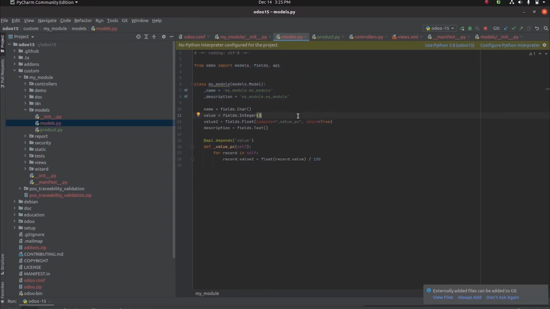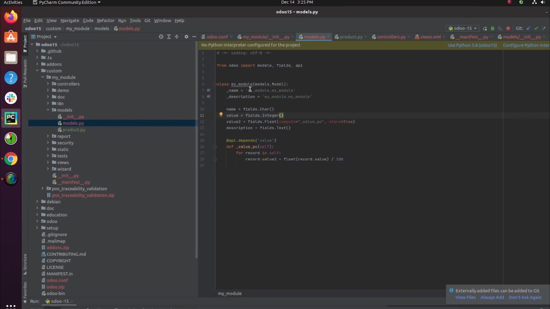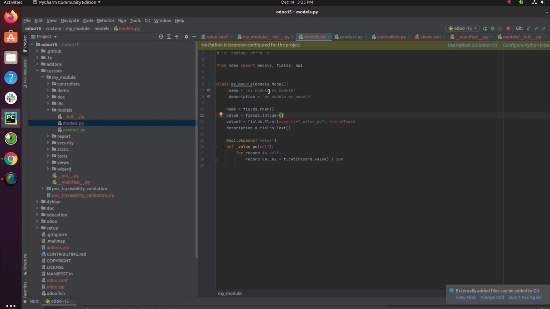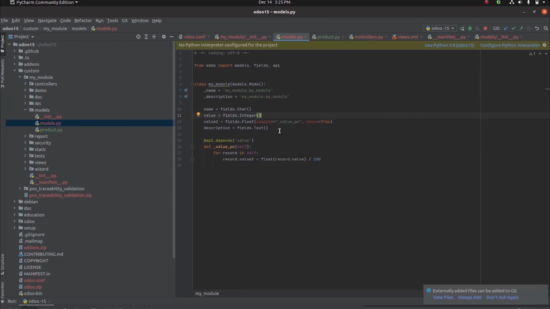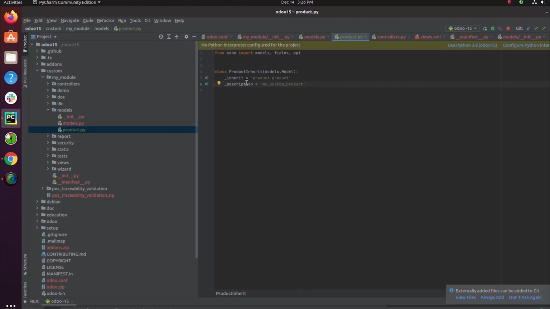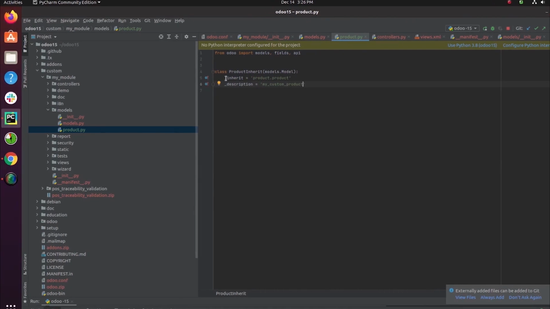Here we add one more feature to the business object. Here we can import models, fields and api. Here _name is one of the important attributes in the models file. Here we can add a new business object for our business organization, and we can add custom fields to this model. And likewise we can also extend the default business object. I will show it in the product.py Python file. Here I am extending the default product.product model, using the attribute _inherit.